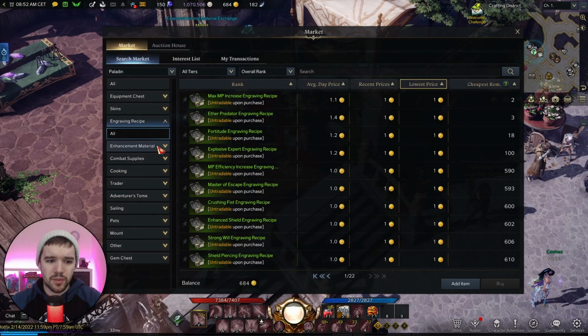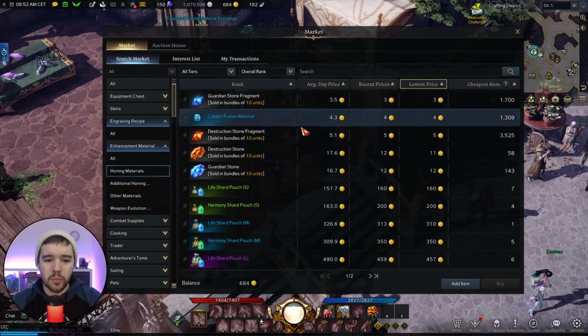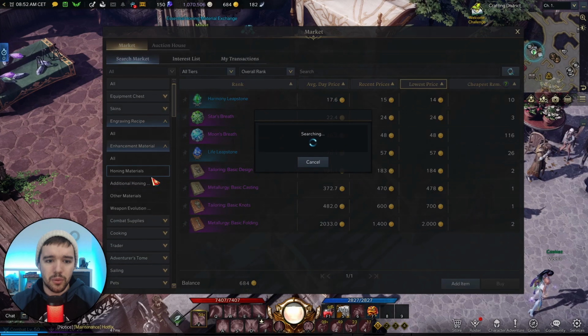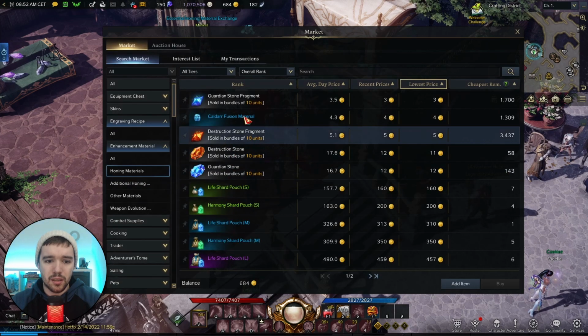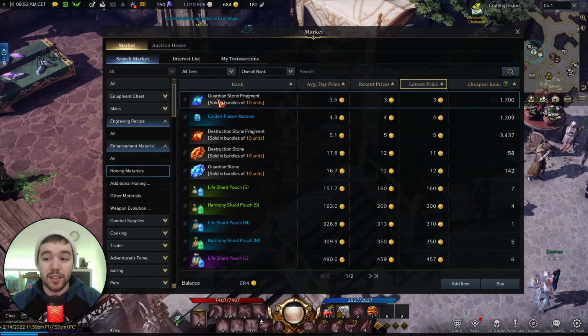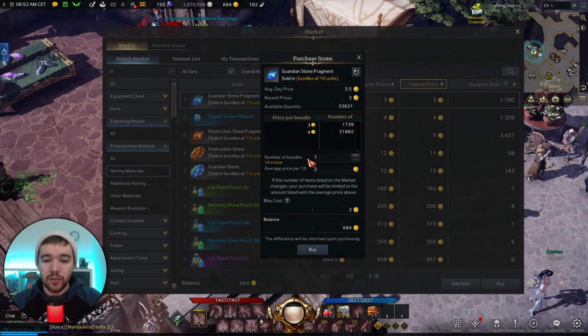I think it's engraving, no, enhanced materials. There we go. So hunting materials and boom. So in here you can see, wait, they don't have any more of these. Oh, there we go. So I needed these, the blue ones here. So what I can do now is I can buy them from the marketplace. So I can click on it, I can click buy, and every time you buy one,